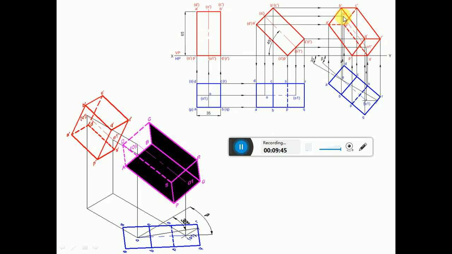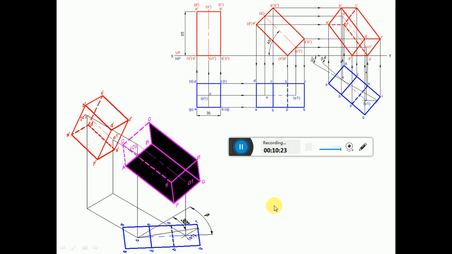So join O dash to O1 dash with a center line. Since P dash Q dash R dash S dash P dash are all visible, the entire surface is visible. Since O1 dash is on that surface, O1 dash will be visible. So join O dash and O1 dash with a center line mark. This is also quite evident from here. PQRS is near to the observer, so it is visible. O1 is on that, so O1 dash is visible. Since O dash is away from the observer and it is hidden by the edge of AD and BC, naturally O dash becomes invisible.